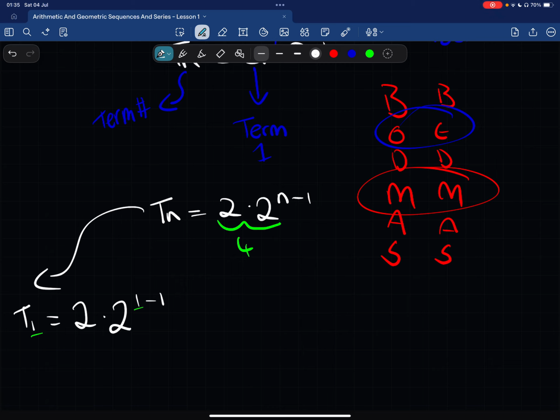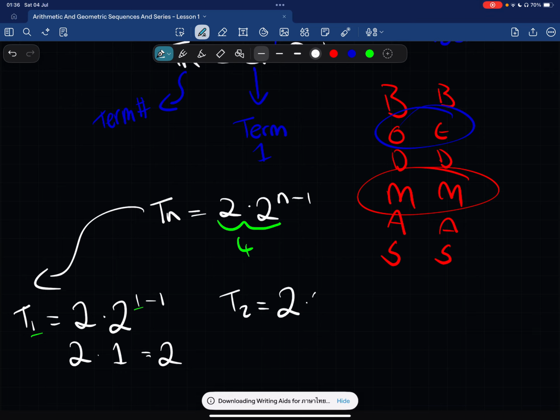We have to do our exponents first, and anything to the power of 0 is 1. So this is just 2 times 1, which is 2. T2, let's try that. 2 times 2 to the power of 2 minus 1. 2 minus 1 is 1. Anything to the power of 1 is the number itself. So 2 times 2